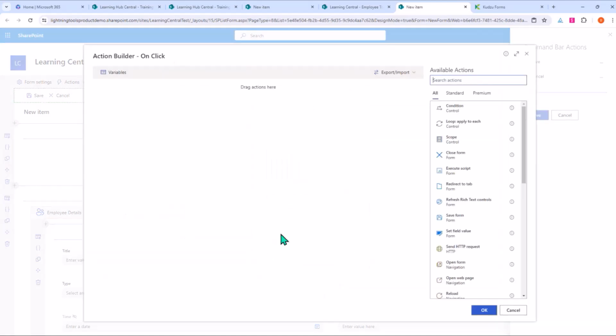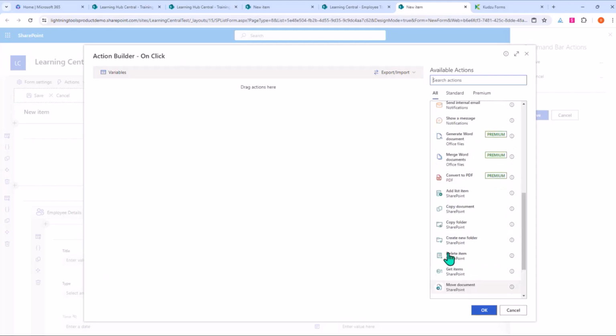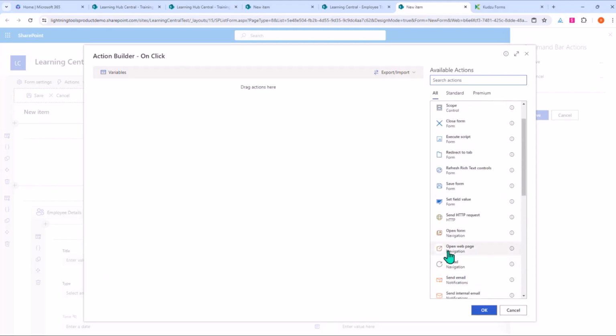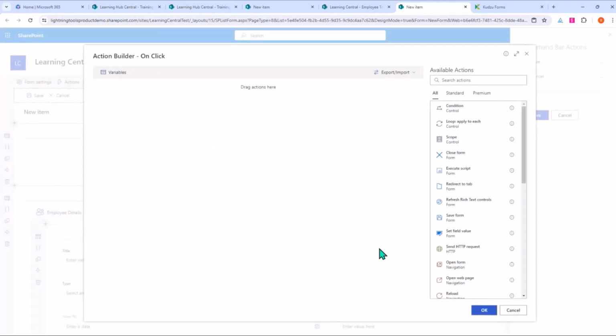Let's just go into the configure actions. And inside the actions here, you'll see there's a great big list of different actions that you can do. There's sending emails, there's updating field values, there's opening other forms, refreshing rich text controls, you can redirect to the different tabs that are on the form and so on. You can also loop through different items, etc. There's also variables that you can define. So if we want to create a calculated value that we're going to use as a variable throughout the flow of our form, that's where we can go through and manage those. So we can create a new variable, and we can also export these actions